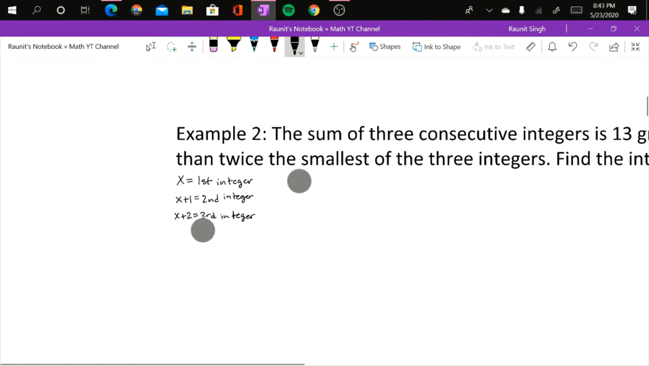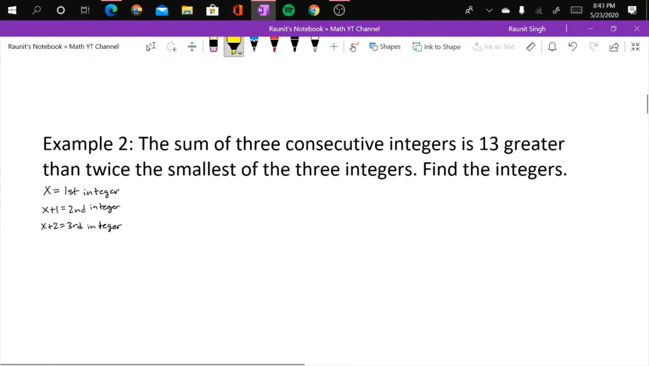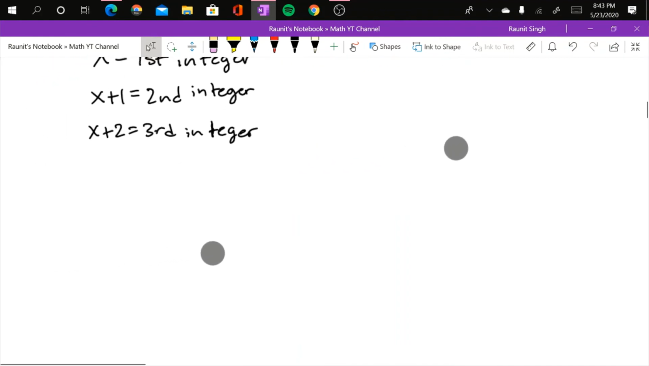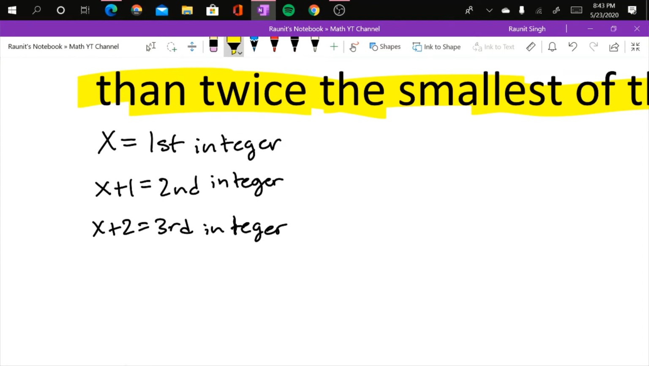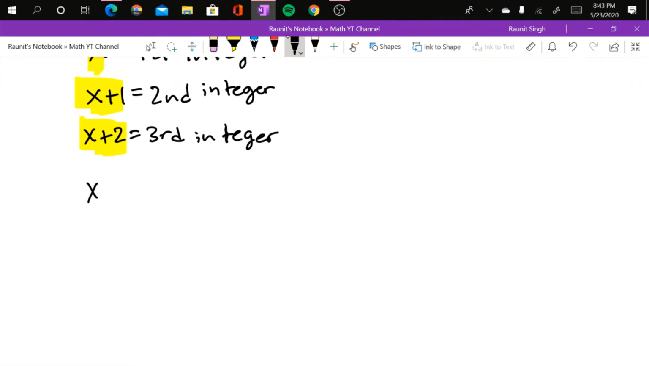Okay, so now remember that they said that the sum of the 3 consecutive integers is 13 greater than twice the smallest of the 3 integers. So basically what that means is that all of these, the x plus 1, x plus 2 added together, so x plus 1 plus x plus 2, all of that added together is equal to 13 plus 2 times the smallest integer, which is going to be